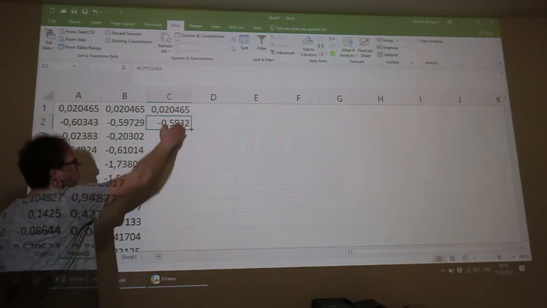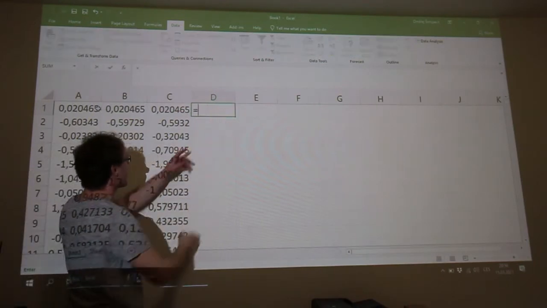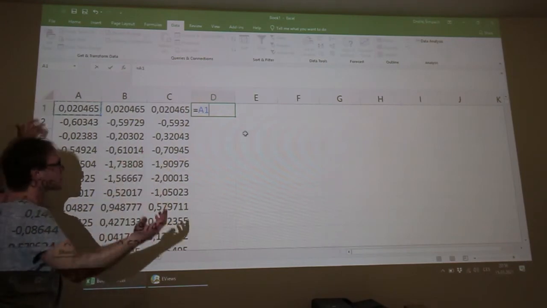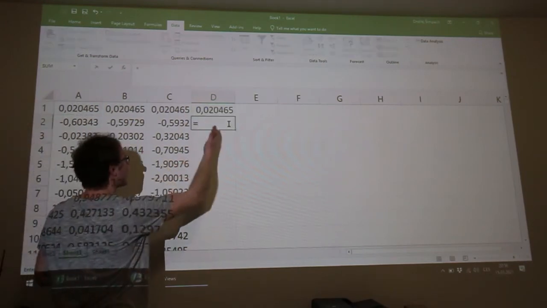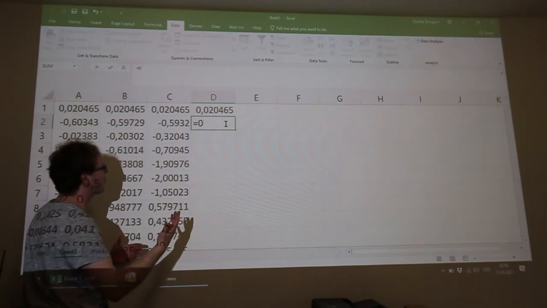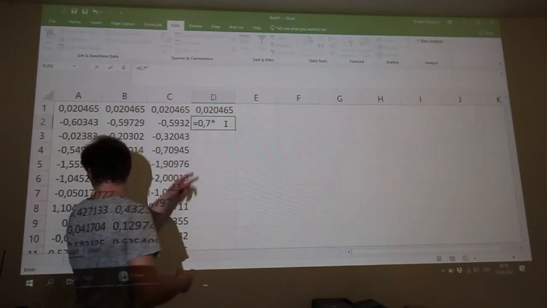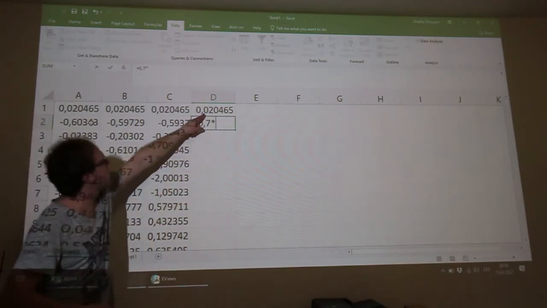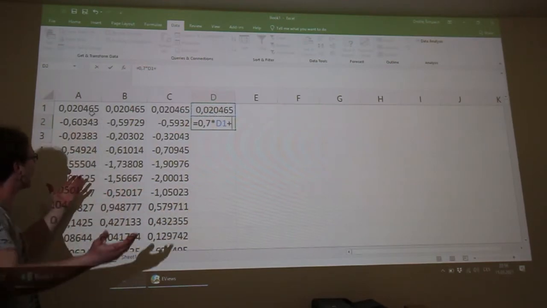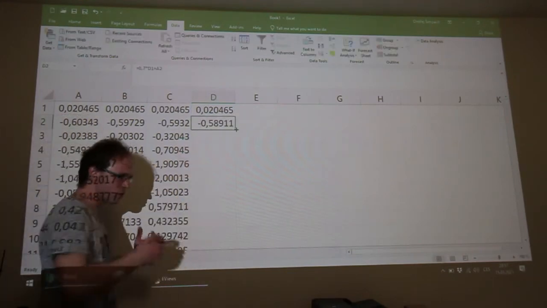We can copy this to the end and we can continue in the same way here. So again, equal sign, noise on the row where I'm placed, only. And here, equal sign, increased power of parameter phi, 0.7 for example, times my previous value in the column plus the value of noise on the row where I am placed. And this can be copied to the end.